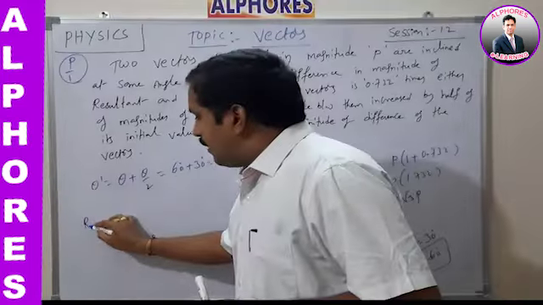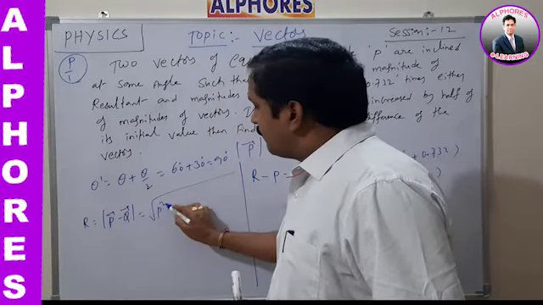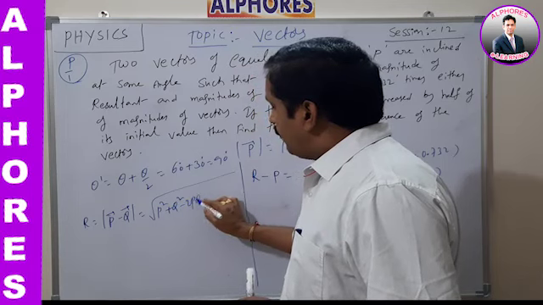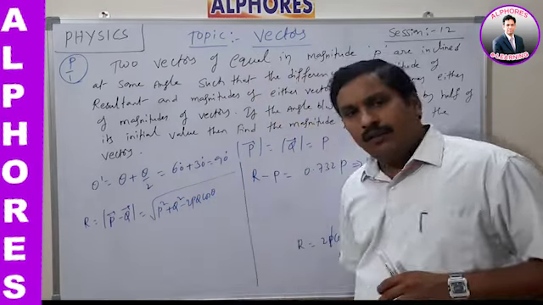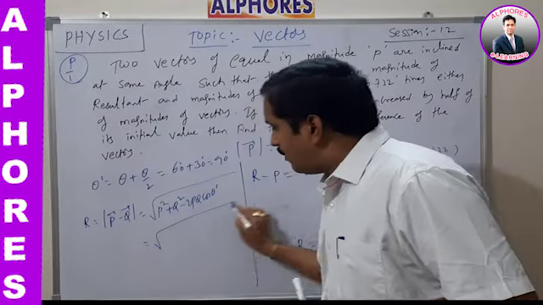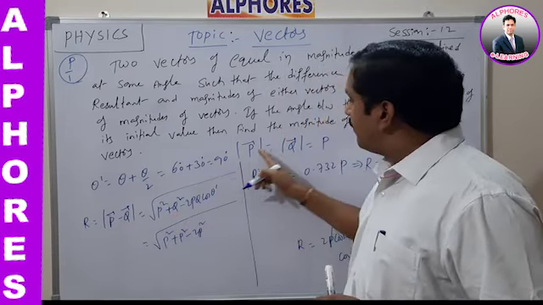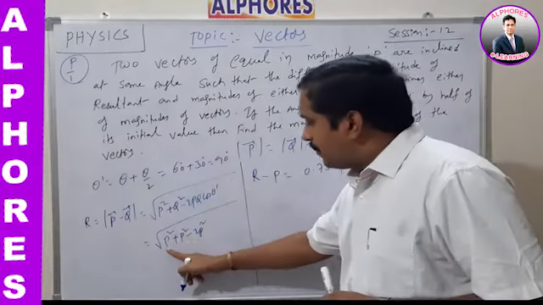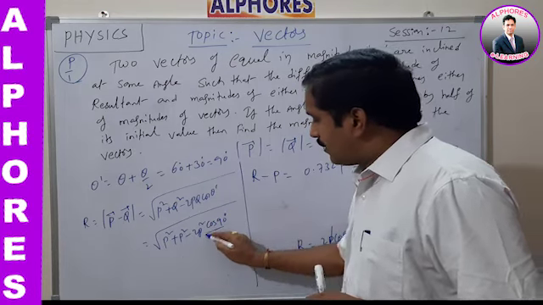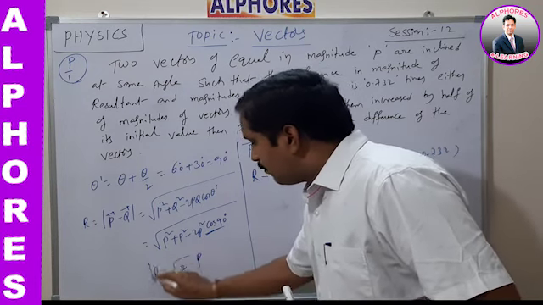Now, after that, I have to find the magnitude of the difference of vectors. That means R is equal to the magnitude of the difference of two vectors, which as per the formula is the square root of P square plus Q square minus 2PQ cos theta. Here theta becomes theta dash. That means root of P square plus P square minus 2P square, because P and Q have the same magnitude as per the first condition, right? So P square plus P square minus 2P square into cos of 90 degrees. Cos 90 is 0. That means the resultant finally goes to root 2 into P.